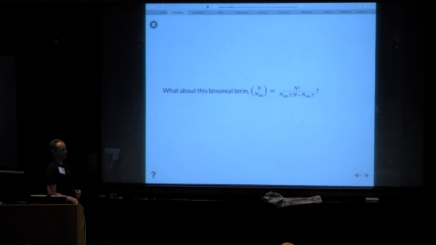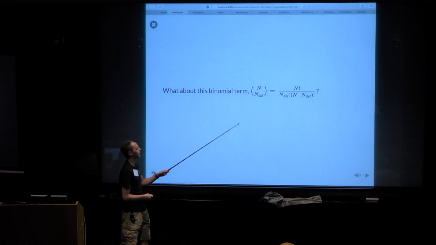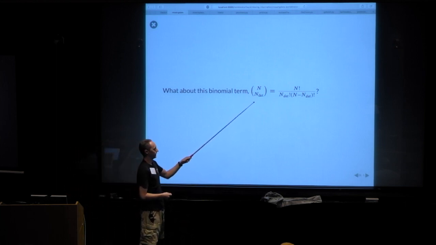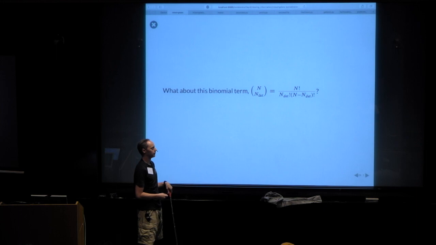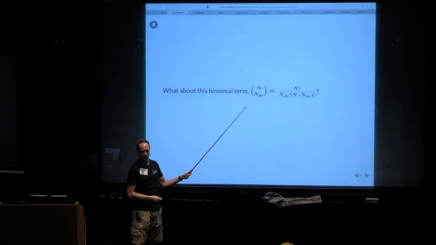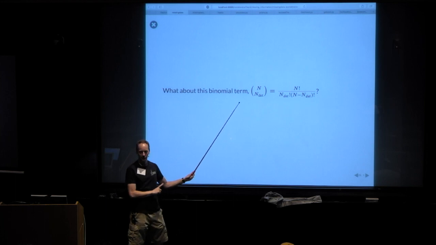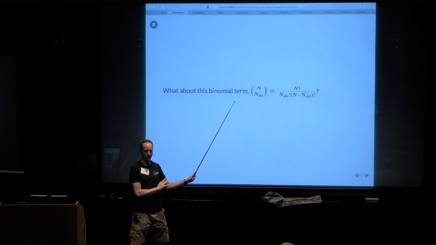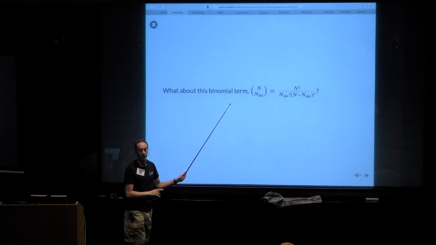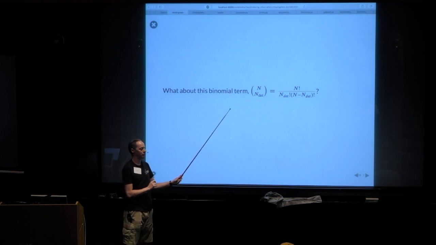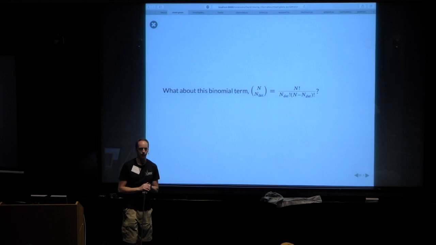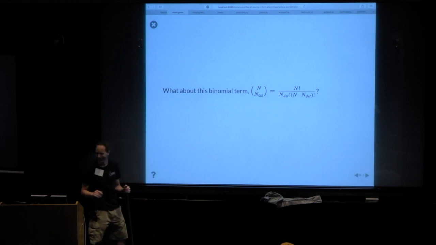And then finally, there's the worst part, which is this combinatoric term that I snuck in there. N total choose n det. I really, really, really hate this thing. I'm going to be totally honest with you. I don't like it. It absolutely needs to be there. I guarantee you that it's correct. But the explanation that I'm about to give you is one that I can kind of accept as long as I don't think about it too hard. So I suggest that you don't think about it too hard.